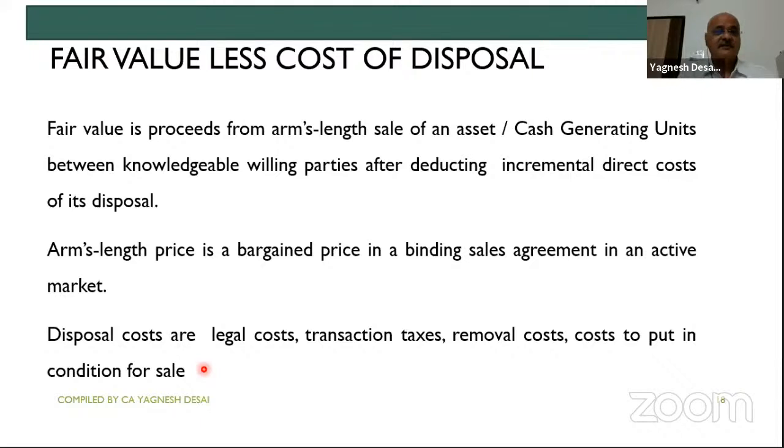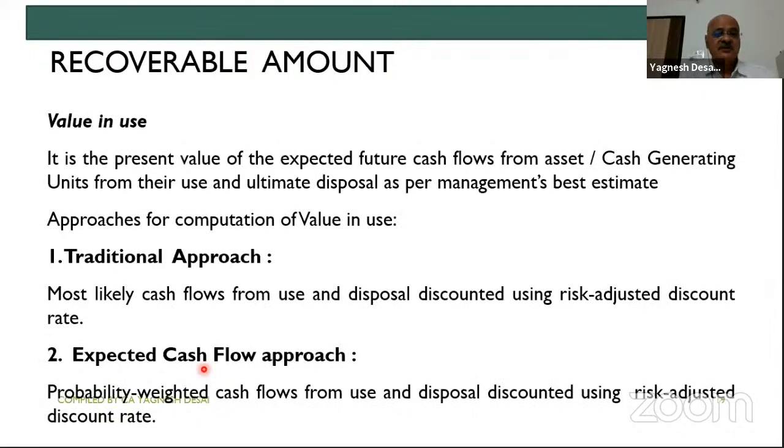Now we'll see value in use, which is the value of expected cash flows of the cash generating unit from its ultimate disposal. Mostly the judgments are based on the valuation for the estimates of the cash flow for the next 5 years only. But when you do this valuation of the value in use in future,